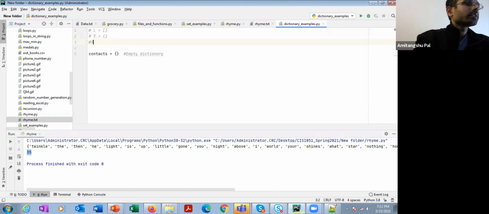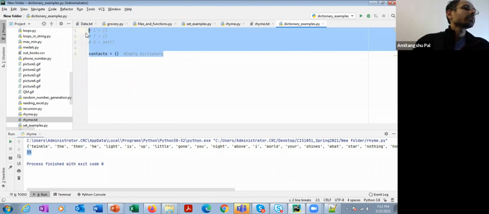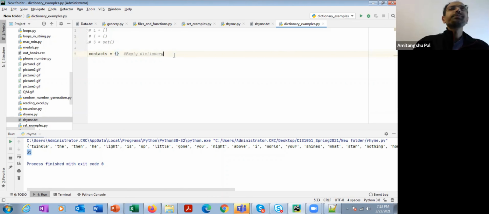If it is a set, to initialize an empty set, I write set with parentheses. And if I want to initialize an empty dictionary, I need to write two curly braces. Okay. List, tuple, set, and dictionary. Clear to everyone? So just to summarize how we can initialize different empty structures: empty list, empty tuple, empty set, and empty dictionary. Clear?